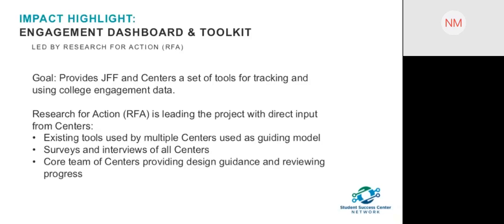Another one of the questions is, will we get to see the dashboard? There will be an opportunity for you all to play around with it, I think is the plan. So we're making sure that there will be enough internet bandwidth in the room during the meeting. Any other questions?